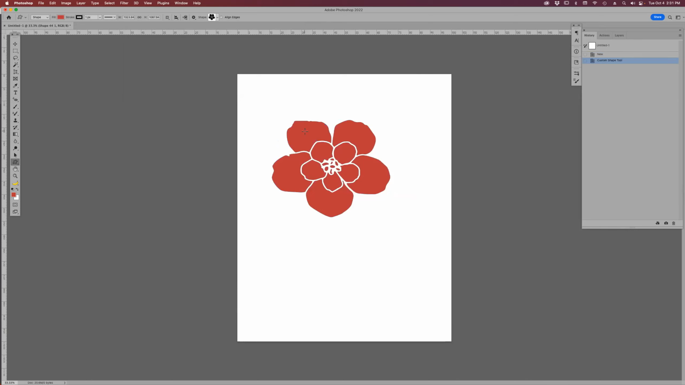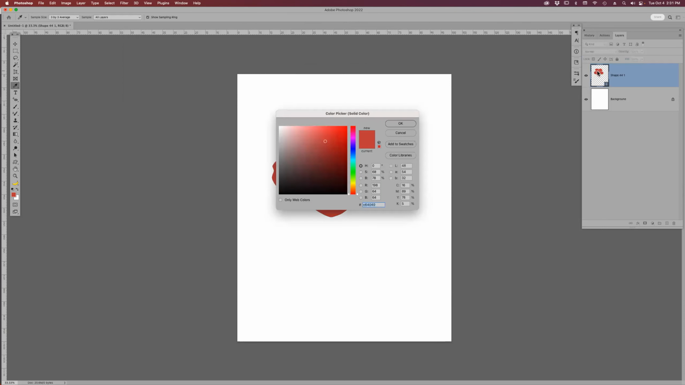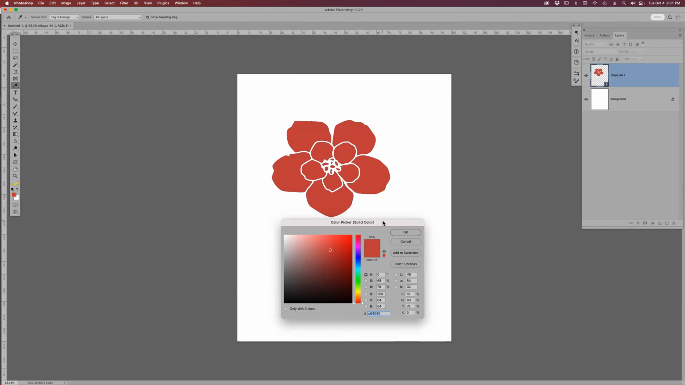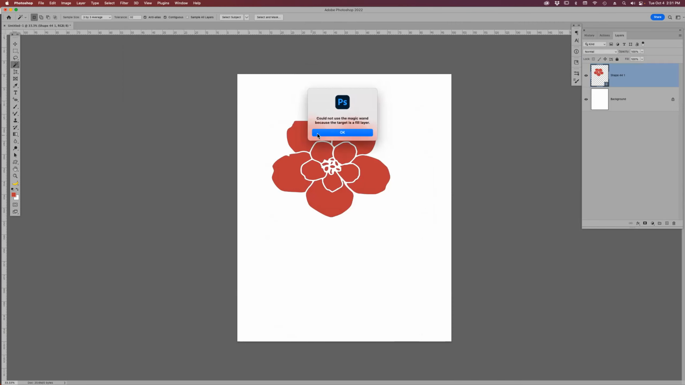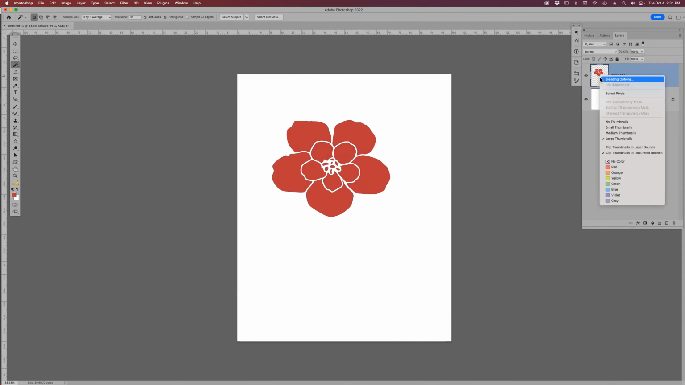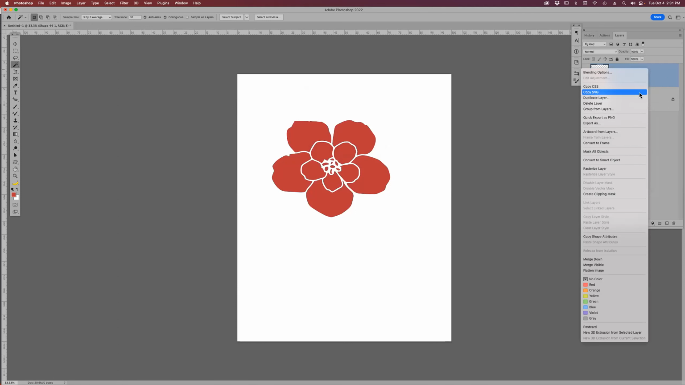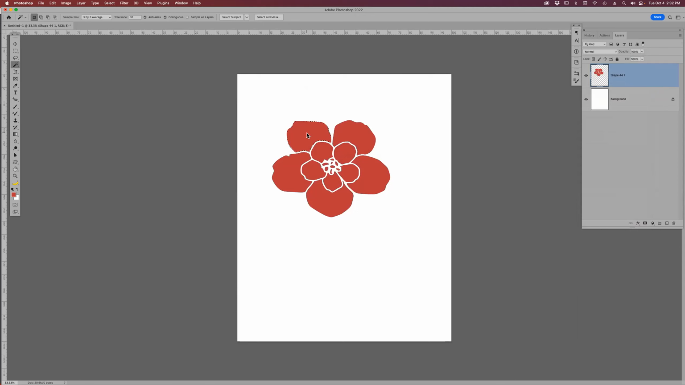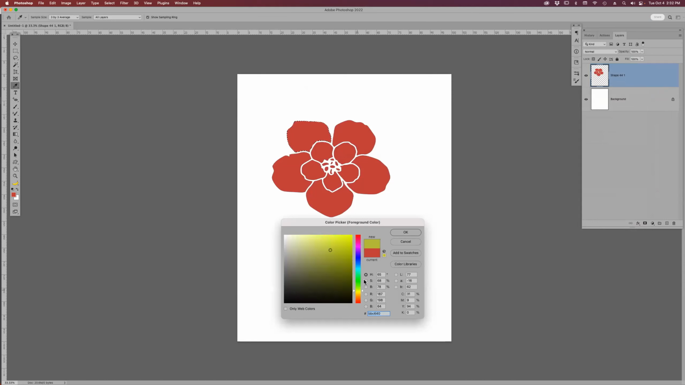So use your magic wand. I don't know if it'll let me do it or not. It won't let me do it. I want to use the magic wand. Because it's a fill layer, I can't do anything with it. So what we do is right click here, rasterize layer. Now I can use my tool. And if I wanted to change the color of the flowers,